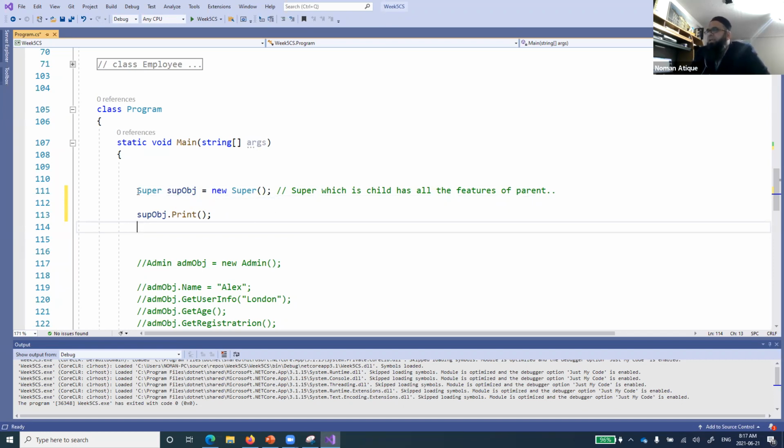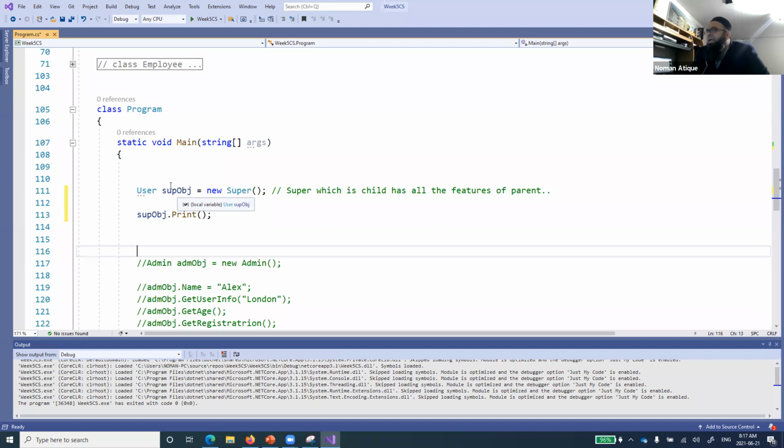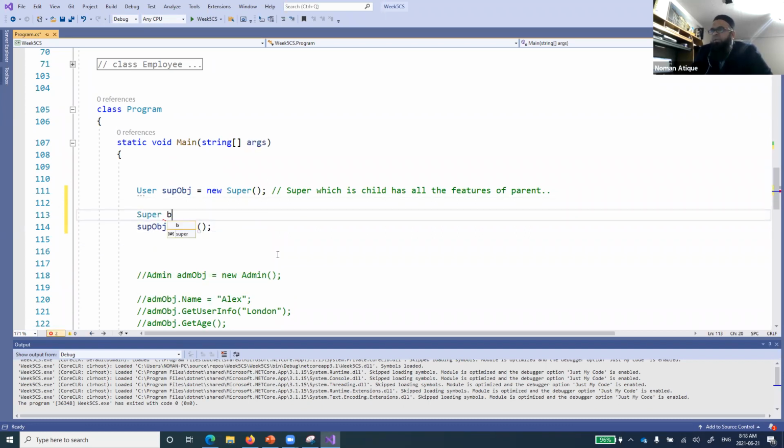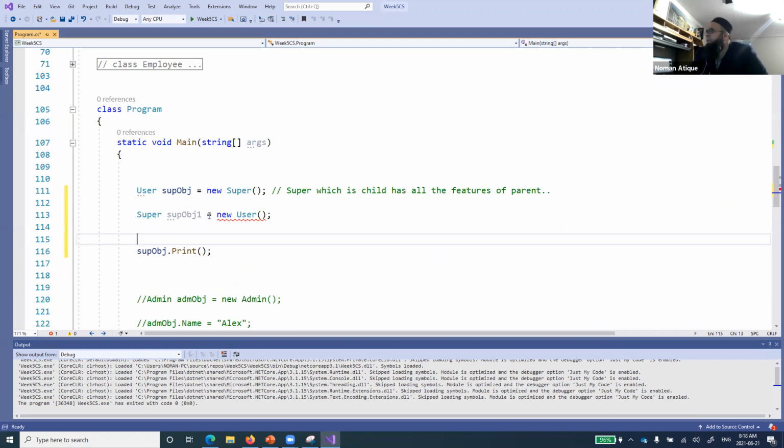So first of all, just try to understand. Now what I have done is that I have used the parent class reference, right? And I have assigned it the object of the child class. Okay, a question, not from you, Abhinav. I just wanted to know. Can I do something like this as well? Child reference obj1 equal to new user. Of course, this will show me the error over here, but I cannot do something like this, the opposite of this one. Why can I not do that?